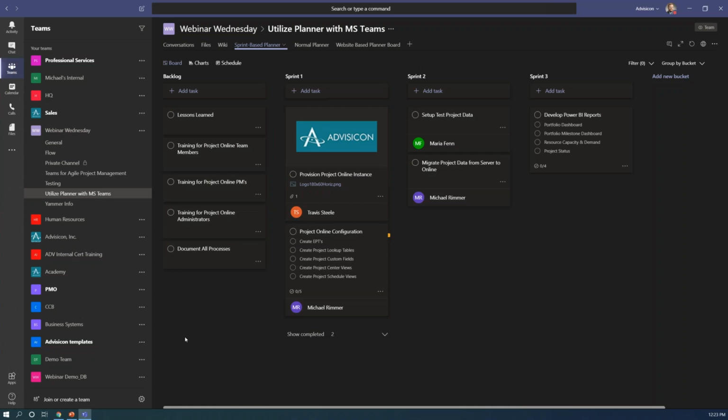For dependencies and linking tasks together, they have designated the program Microsoft Project. Now, some of you may not know, but Microsoft has just released, as of last week, a new project for the web.